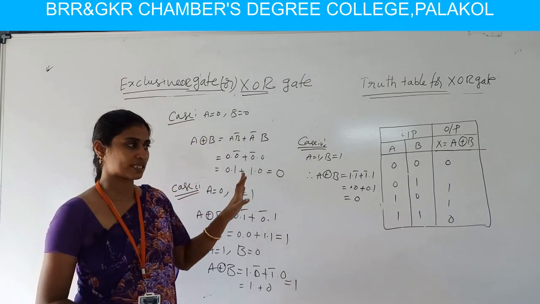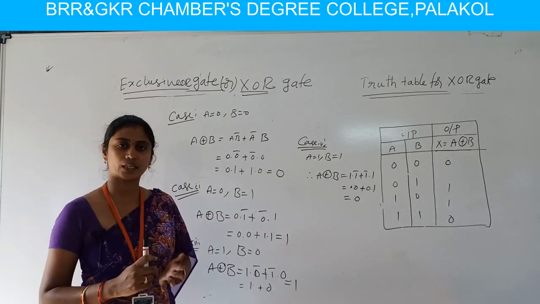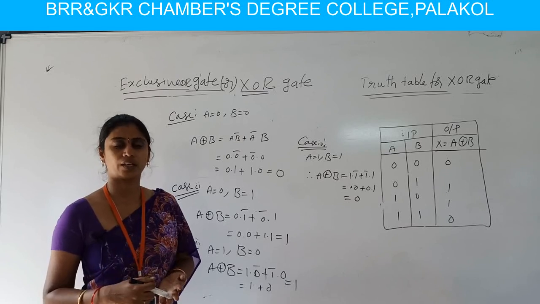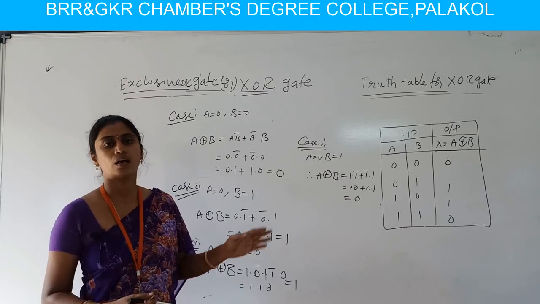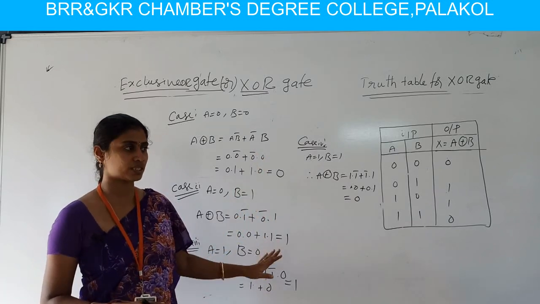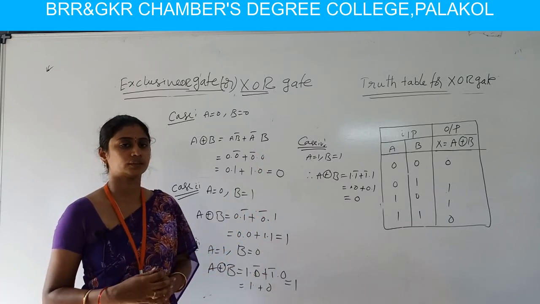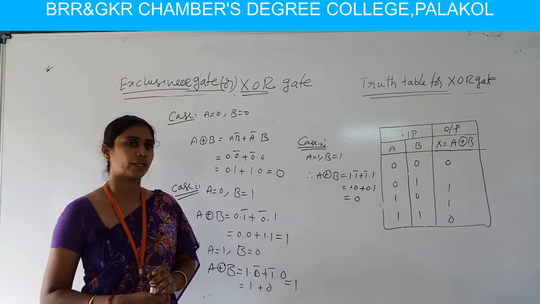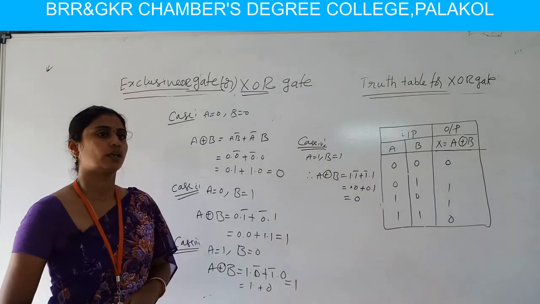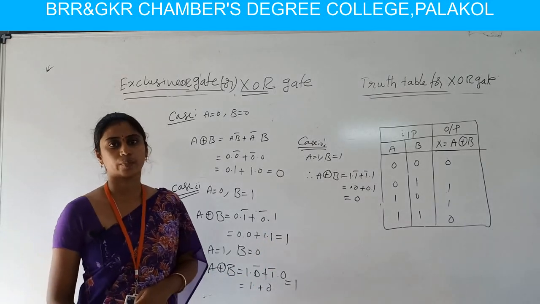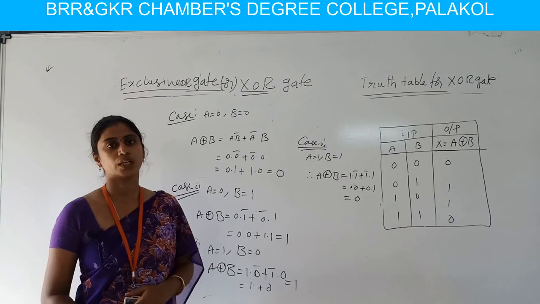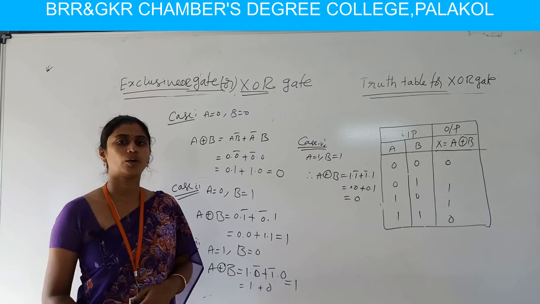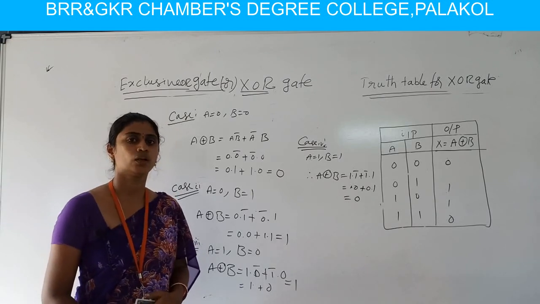So in this class we discussed the NAND gate, NOR gate, NAND gate acting as a universal gate, NOR gate acting as a universal gate, and also the exclusive OR gate. With these gates, the logic gates topics in our syllabus are completed. In the next session we will discuss the remaining theorems in Boolean algebra, the De Morgan theorems, and the half adder and full adder. I hope you are following this topic. Okay, thank you.